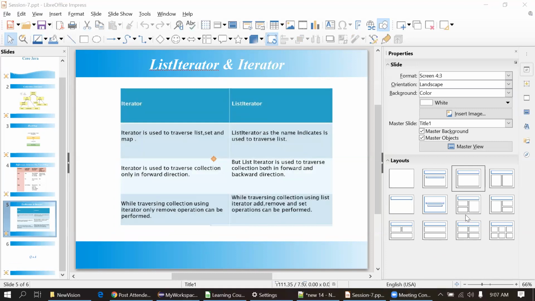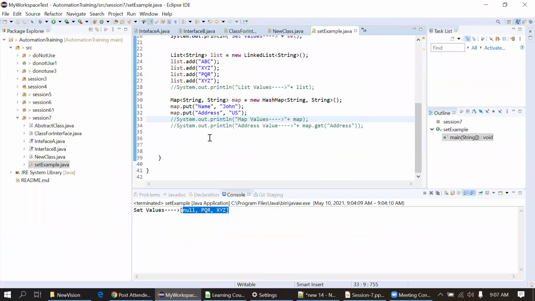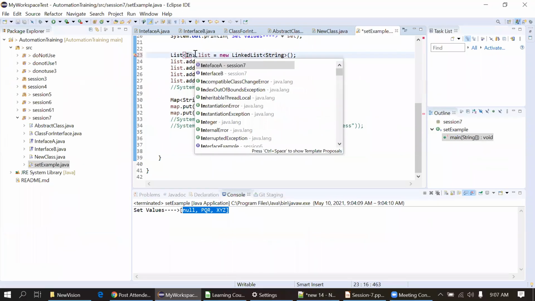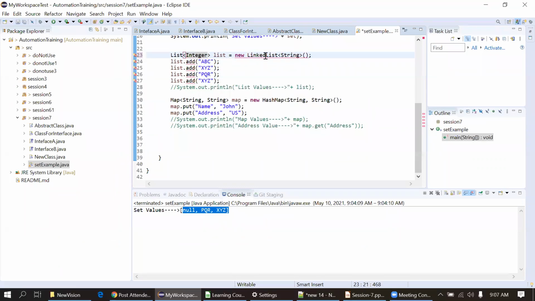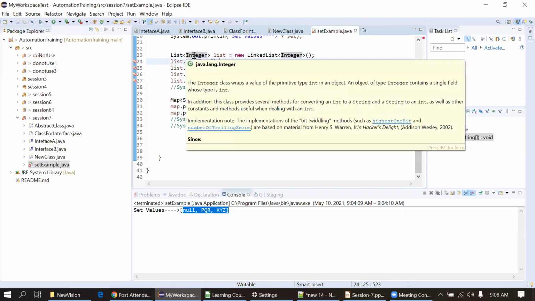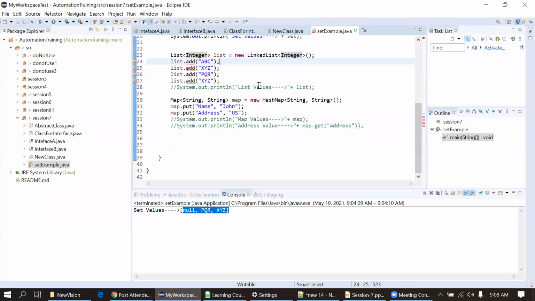Keval is asking, can you please show the int data type? Okay, fine. We have to use the wrapper type here when we are using it in the list, map, or set.